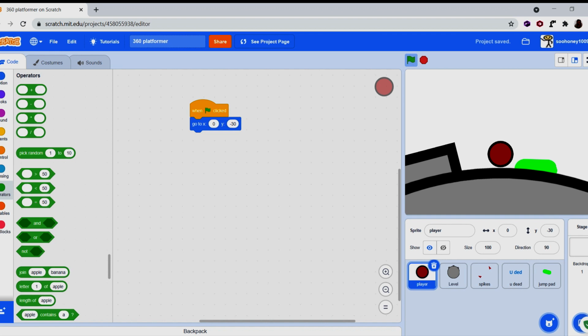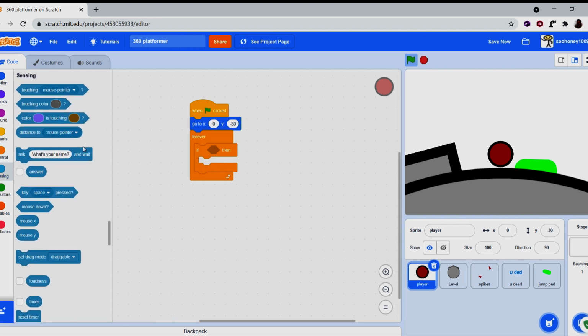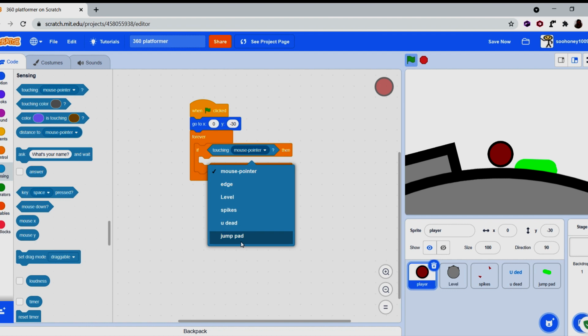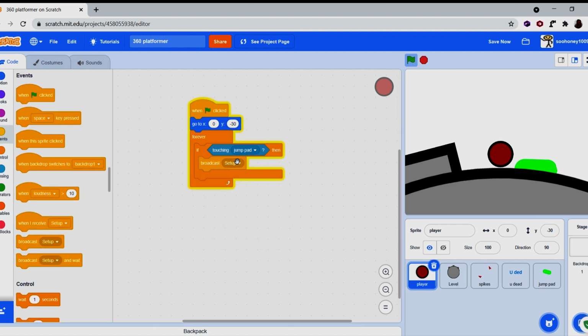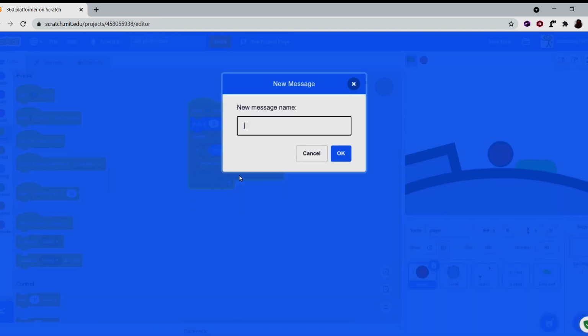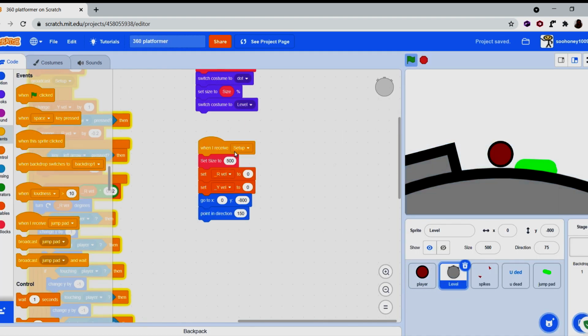Now what we're going to do is go to the player and go to control for Everloop. If touching the jump pad, like that, we can broadcast jump pad. Like that. And then we go to levels, and now we go when I receive jump pad,